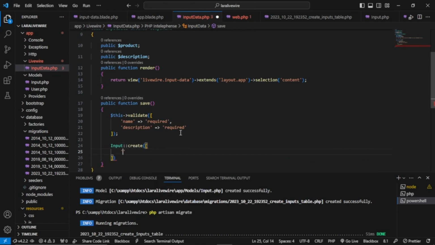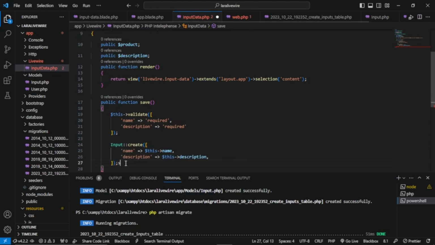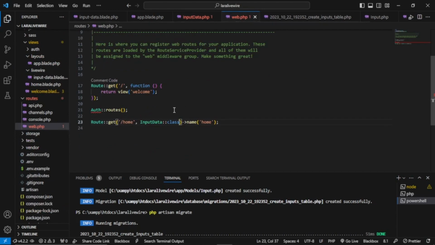Senior name, dollar, name. I'm gonna copy it and change this one to description. This. Then